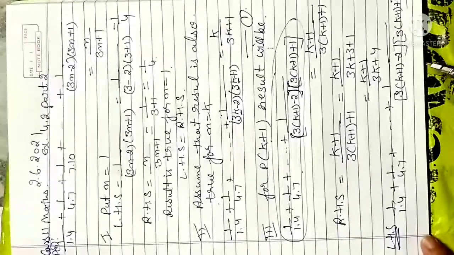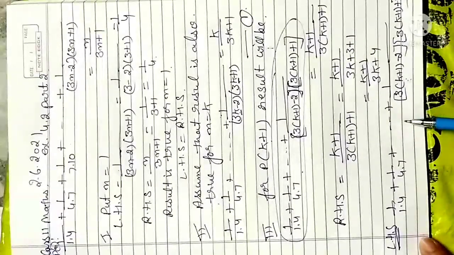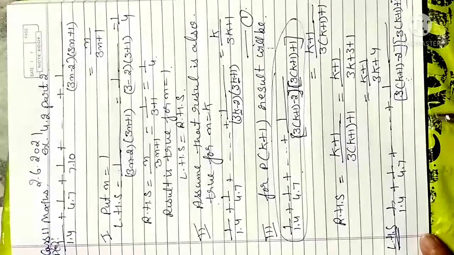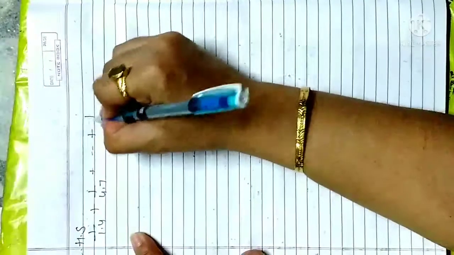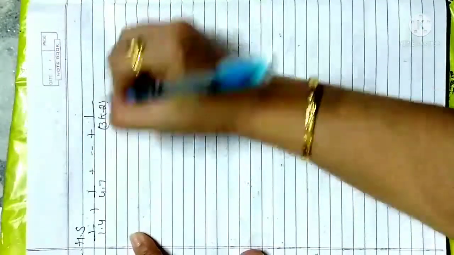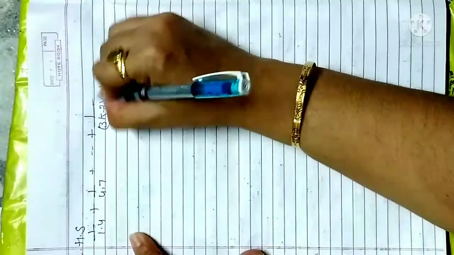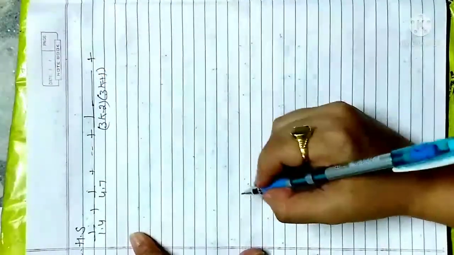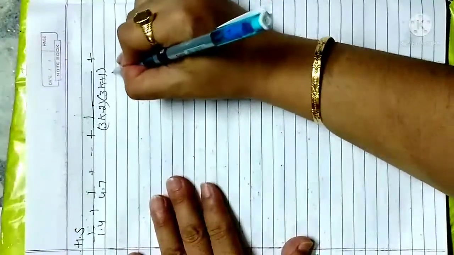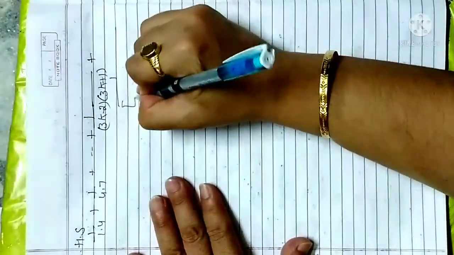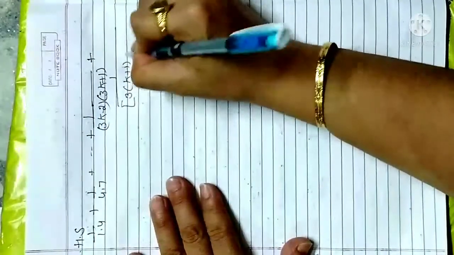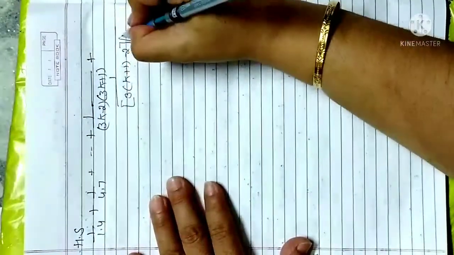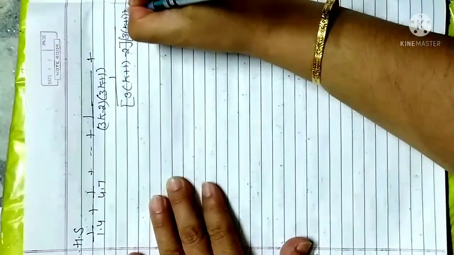Now what will we do? If my last term is for k plus 1, then my second last term will be for k. The same term will be there, but in place of k plus 1, the previous term to the last term will be with k. So my second last term will be (3k minus 2)(3k plus 1). And my last term, now I arrange that one: first I will write it as it is, that is 3k plus 1 minus 2. Then I will open the bracket here, k plus 1 and plus 1.